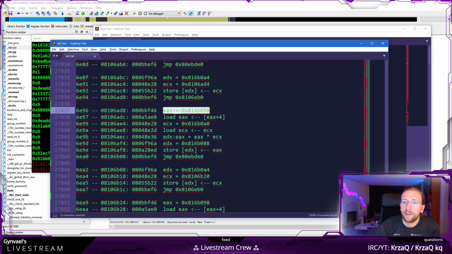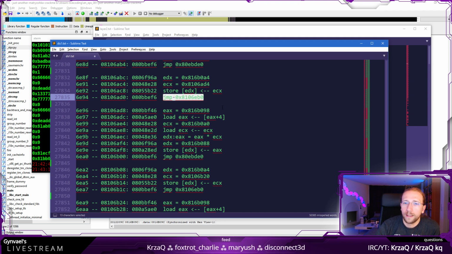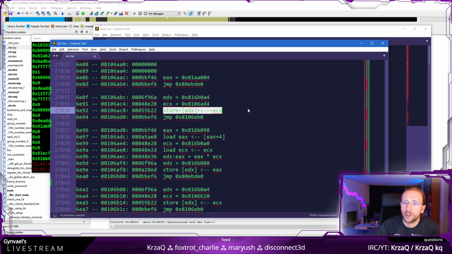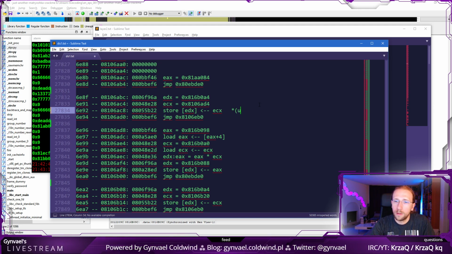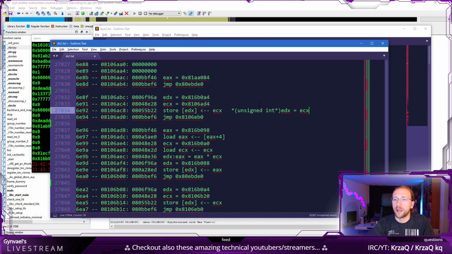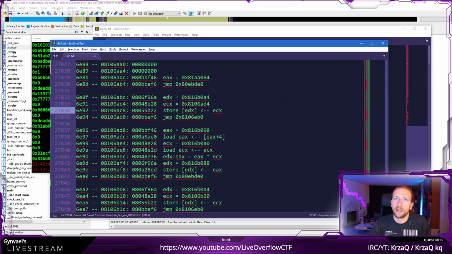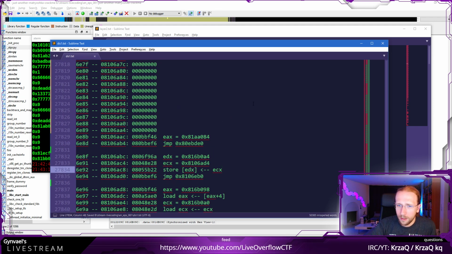Because every jump you can switch to a goto, right? Every this you can switch to basically unsigned int edx equals ecx, and you can just define edx and ecx as unsigned int 32-bit. Then